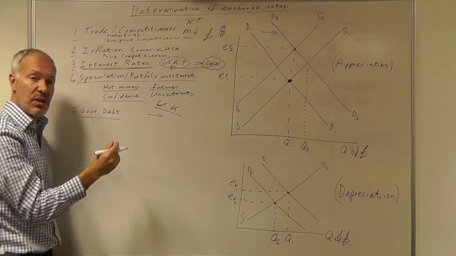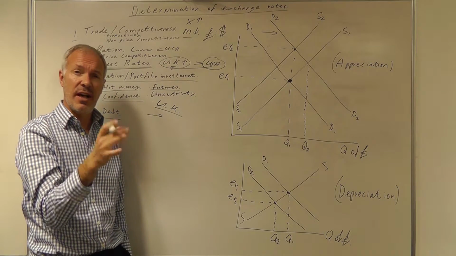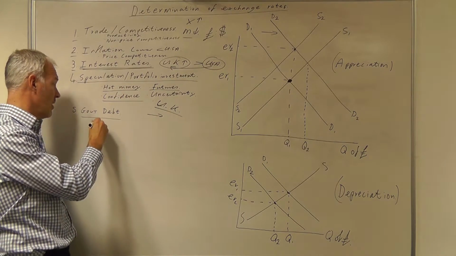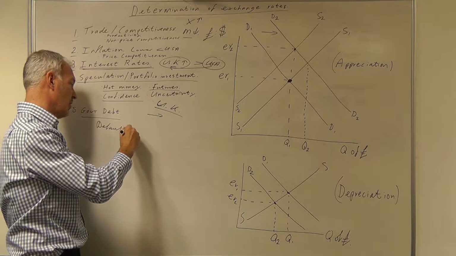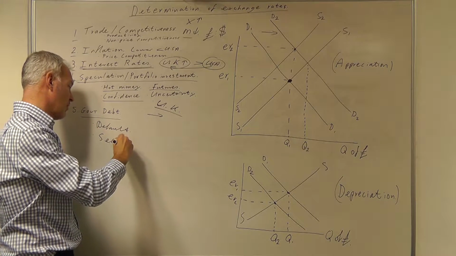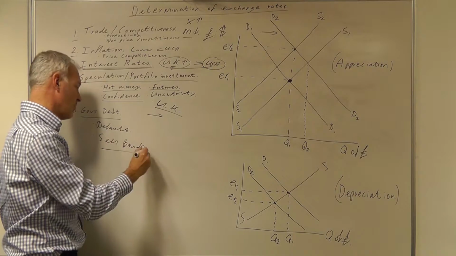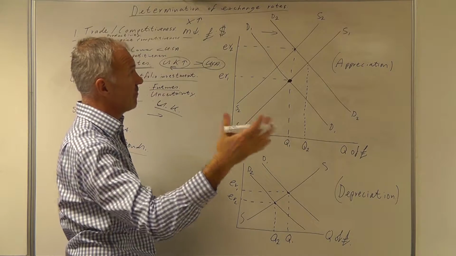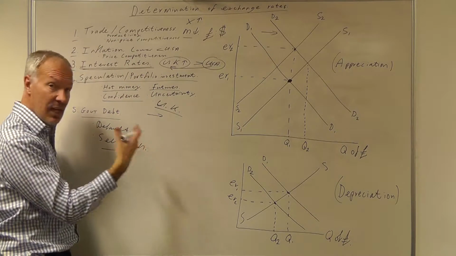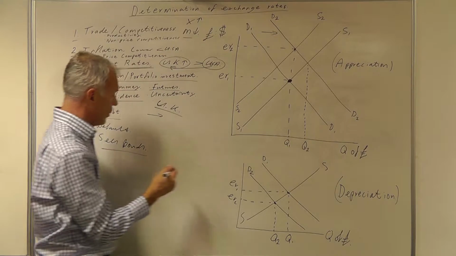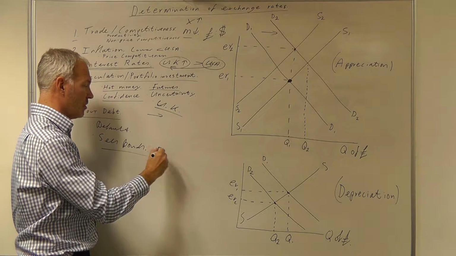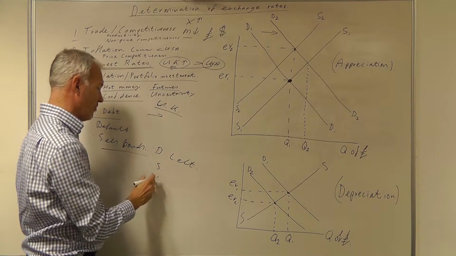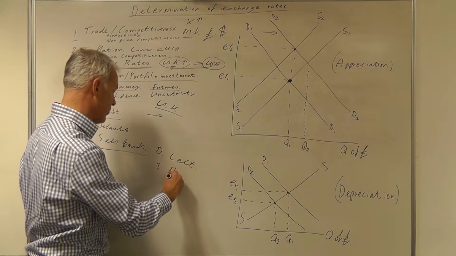Another action could be if a country reaches a debt crisis. So if a government borrows too much and is likely to default on the debt, what's likely is people will sell their bonds and there'll be less demand for UK government bonds, which means that there'll be less flow of money, hot money, into the UK, so the demand curve will shift to the left for the currency and the supply curve will shift to the right,